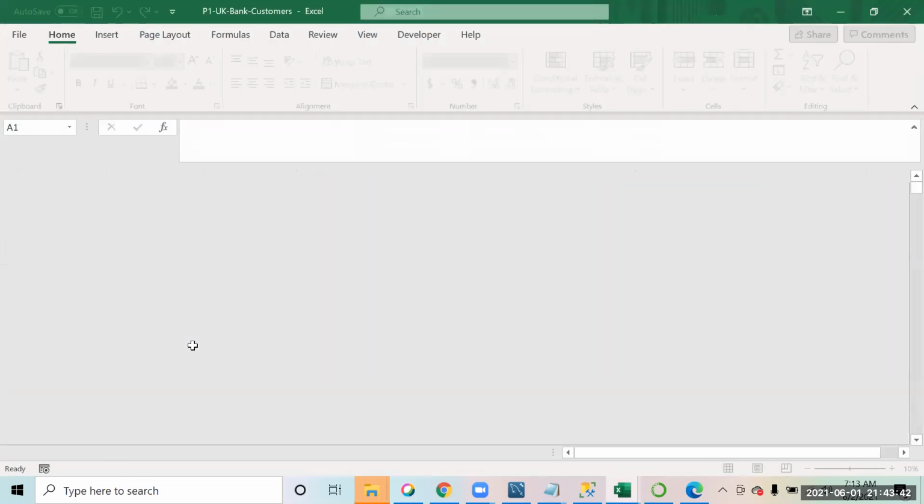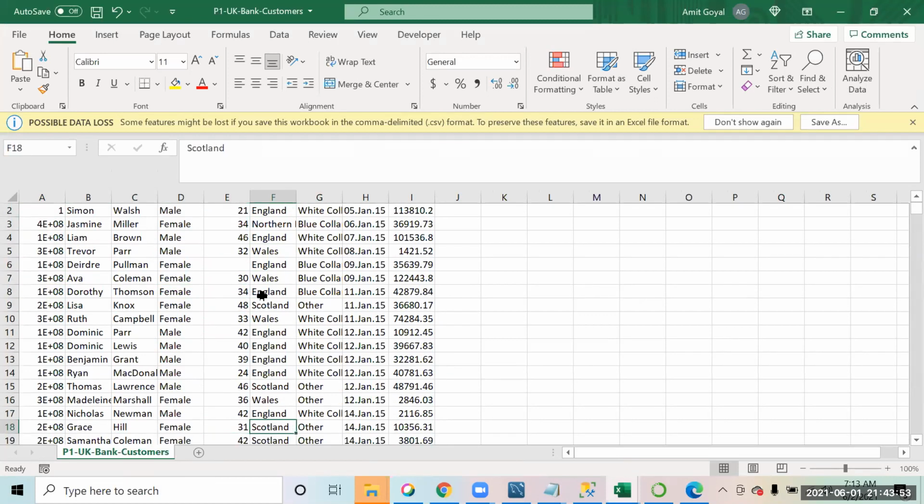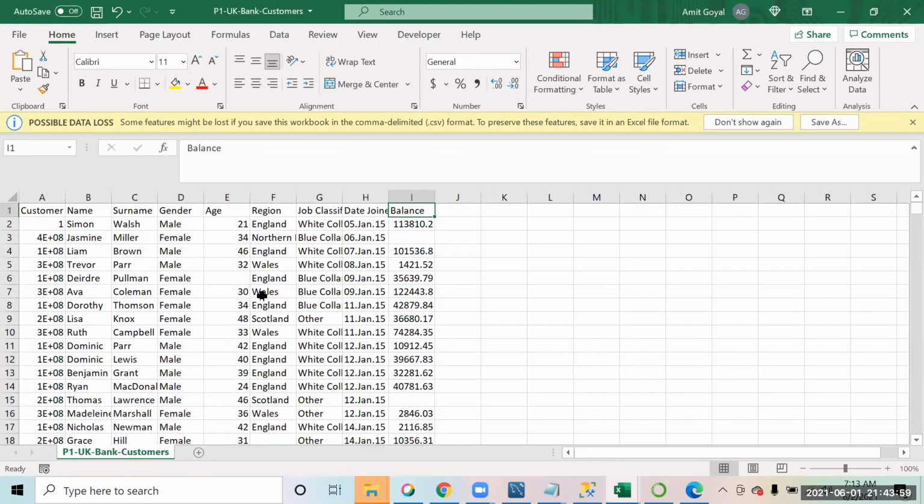Right now, let's just take the example of the UK bank customers only. Sometimes when you have the data set, at certain places you might find that the data is missing. Like, for example, some data is missing over here, some data is missing over here, some data is missing over here. If you have data like this, with missing values at certain places, we do not use that data right away. We have to treat these missing values.